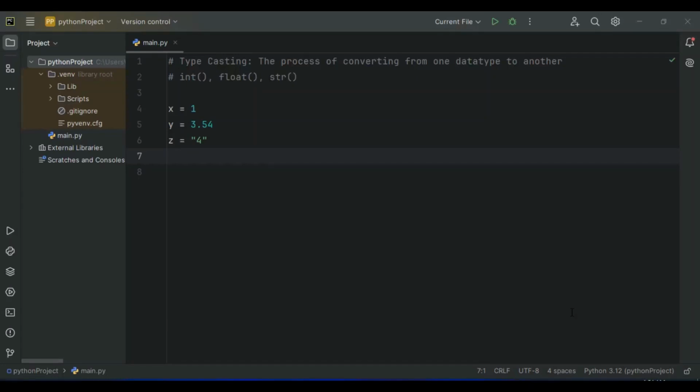In our previous video, we discussed data types in Python, and in this video, we're going to be discussing typecasting in Python. Typecasting is the process of converting from one data type to another by using the int, float, and string constructors. So as you can see, we have three different variables, x, y, and z, each storing